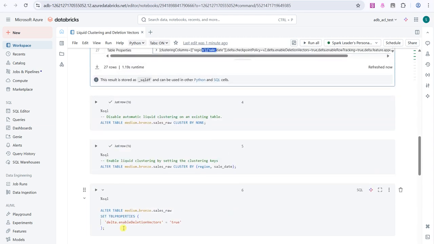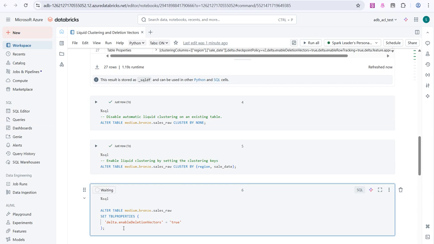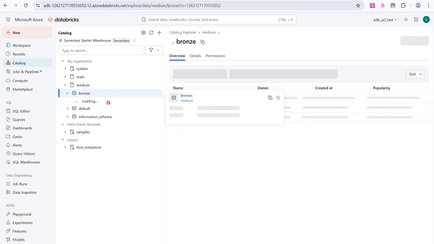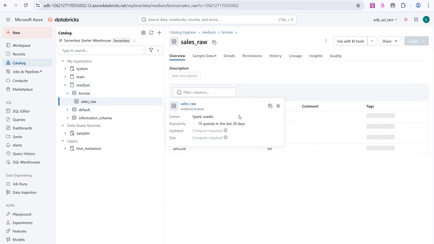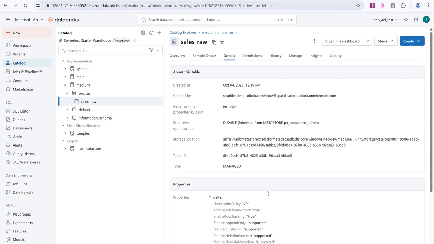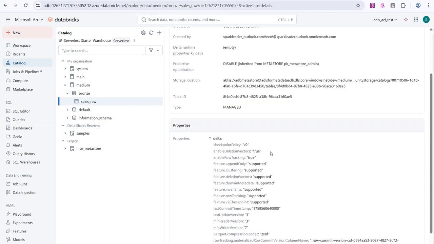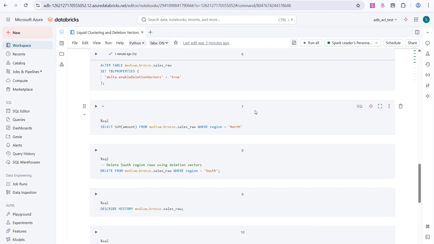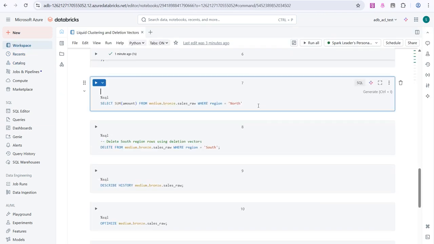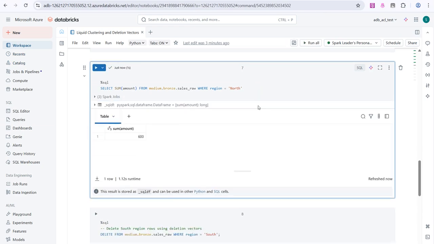And now we want to enable deletion vectors. This is a great feature. Okay, so it will mark as a kind of soft delete. Instead of going and deleting all the records, it will be very fast, and you say enable deletion vectors. We enabled it. What will happen is whenever you delete any records, it will mark or flag those values as